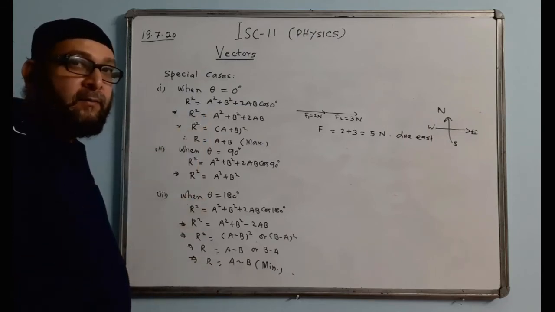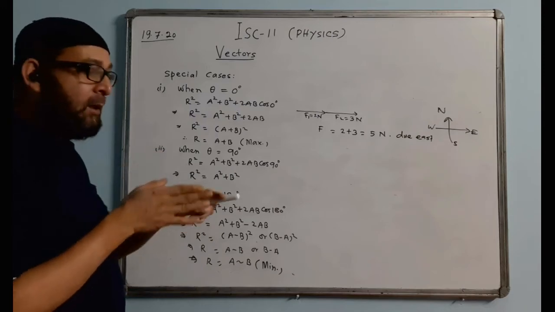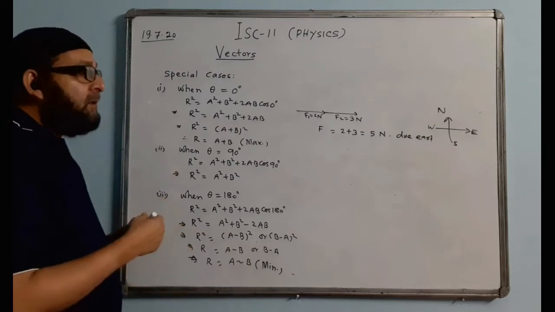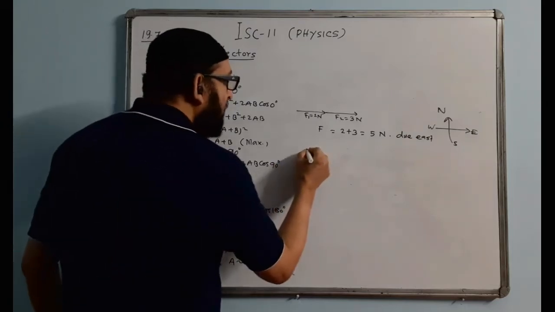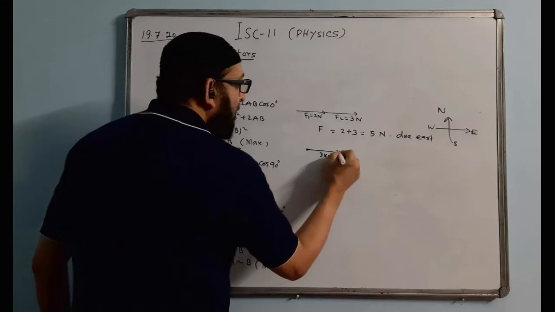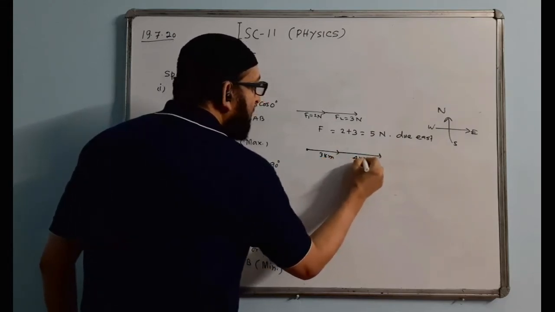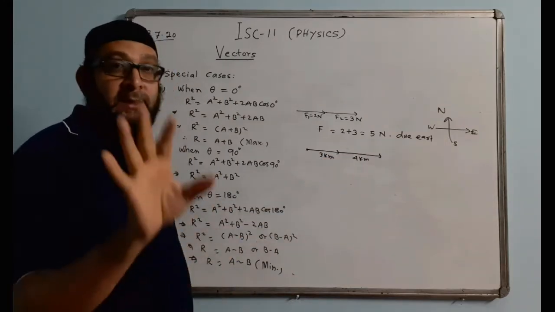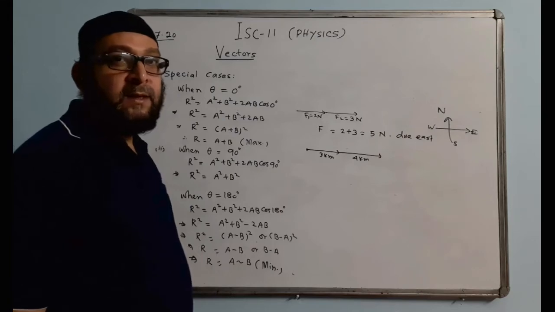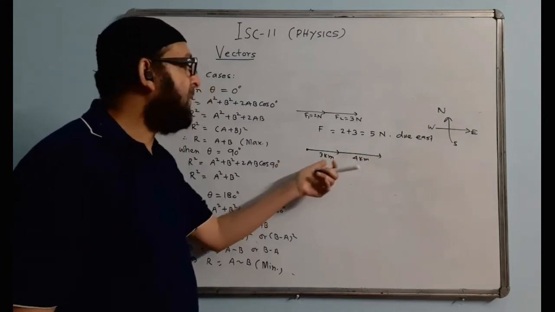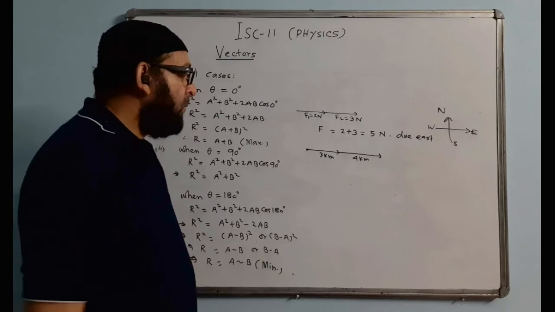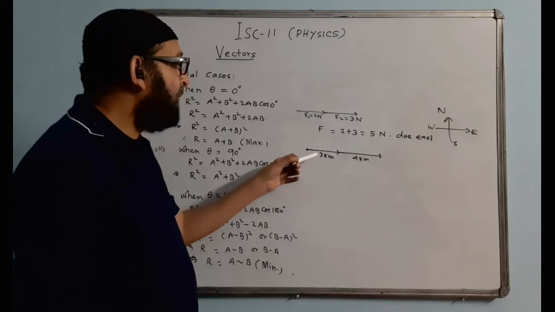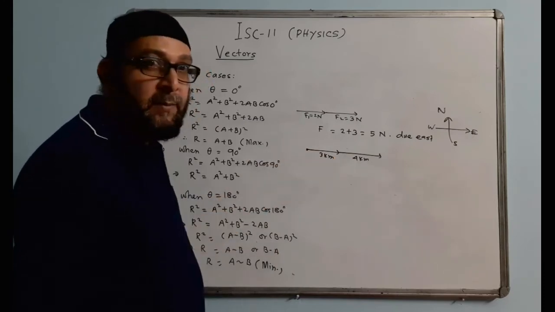So under this situation, the two vectors are simply added. When? When the angle between the two vectors is 0 degree, or when the two vectors act in the same direction, at that time simple addition takes place. You have done this problem in lower classes also. Suppose the boy goes 3 km like this, and again goes 4 km in the same direction along this straight line path. How much is the distance traveled by the boy? 3 plus 4, that is scalar, so 7 km. And what is his displacement? Displacement is also 7, because it is in a straight line, same direction. So the angle theta is 0 degree and simple addition takes place for the resultant.